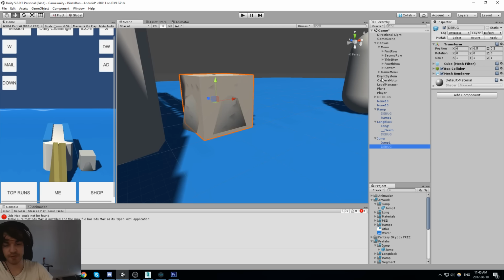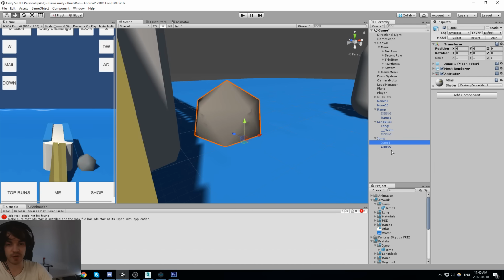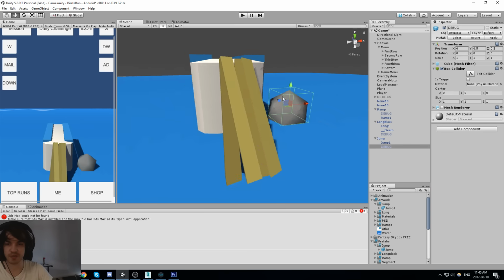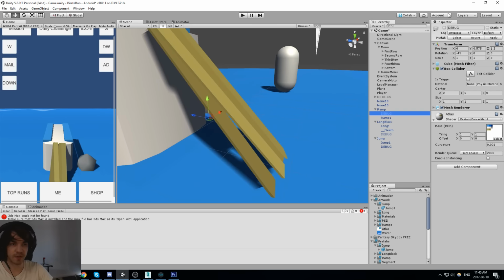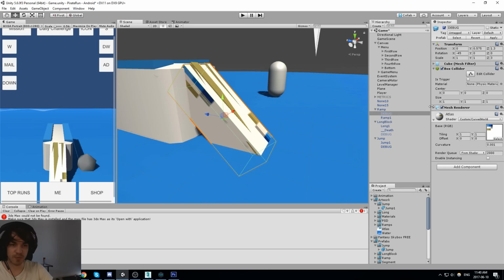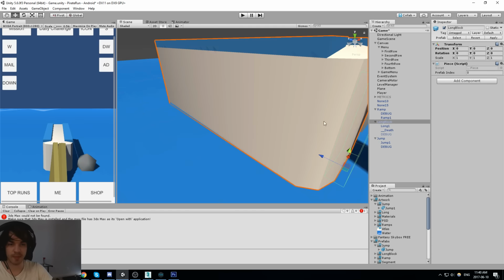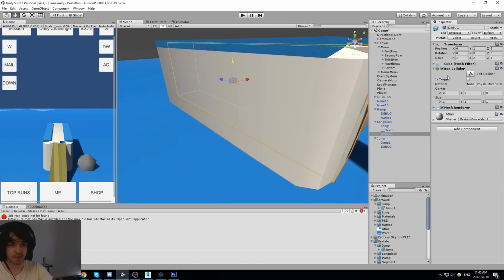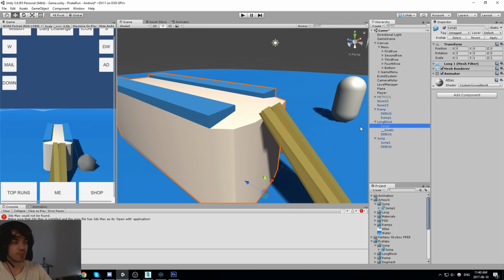Now, this also needs a collider, so I'll remove the mesh renderer. We'll be using the collider from the debug, so it looks something like this. Same thing goes for this piece, I believe. So we're going to turn on debug and remove the mesh renderer. We still have this ramp, and same thing here. So technically we don't have to put colliders on our real objects.